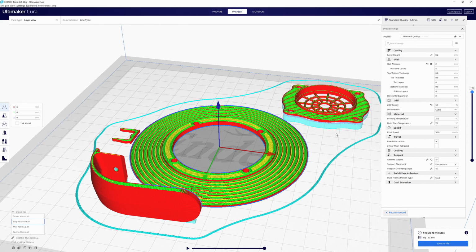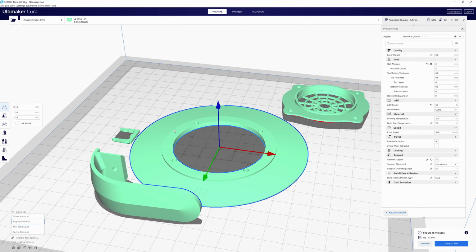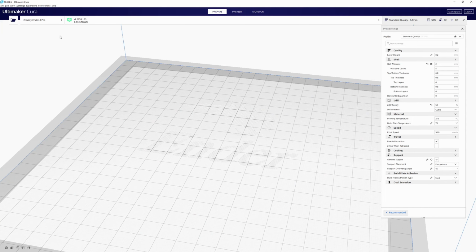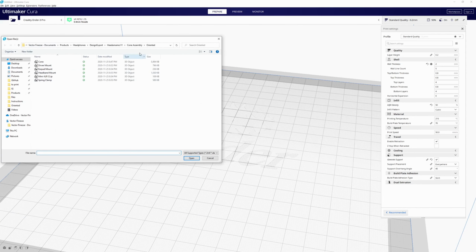So yeah, that's all the settings for the rest of the cone assembly. As you saw before, we did the cone, the headband mount, and now those are the remaining parts. And so we're going to move on to the headband parts next. So we can go in here, select all of them, delete them, and we're going to go into our headband assembly. Use the oriented parts,